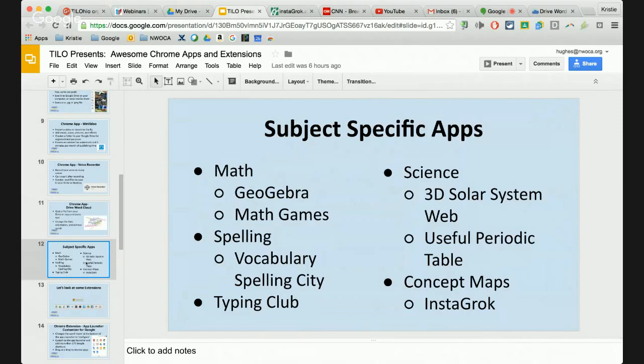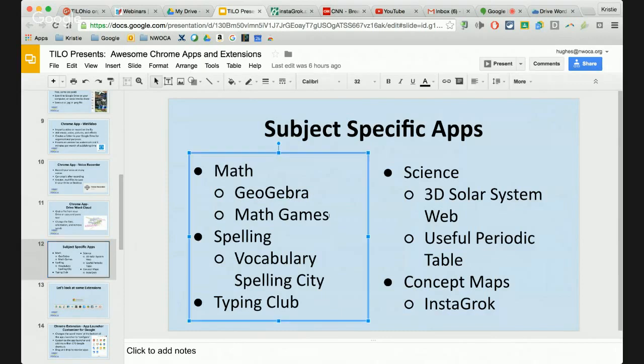So math, for example. This first one, if you have students that are doing a lot of graphing or doing a lot of algebra for that matter, this is a really good one that you may want to put into your Chrome profile so that they can use it. This math games one is a little bit more elementary. It's like a little game almost, where they can have questions and the students will respond with the answers, and there's a little monster that comes over and tells them yes they're right or no they're wrong and so forth. So that's a really nice one for elementary.